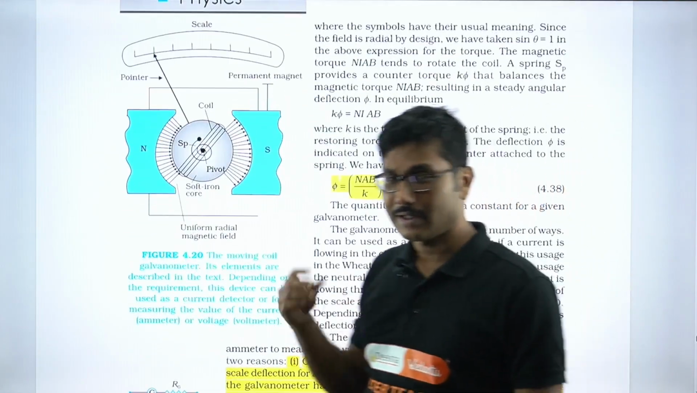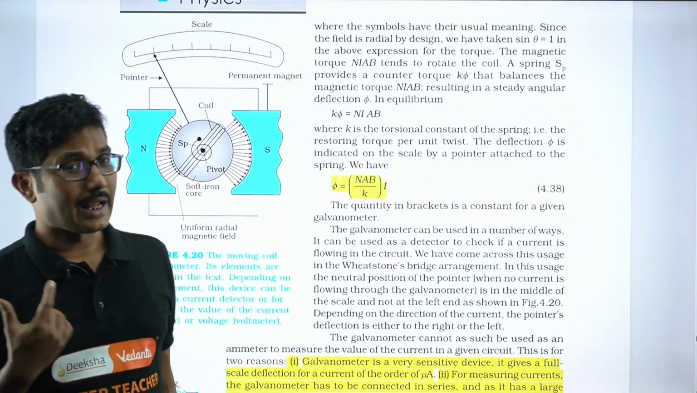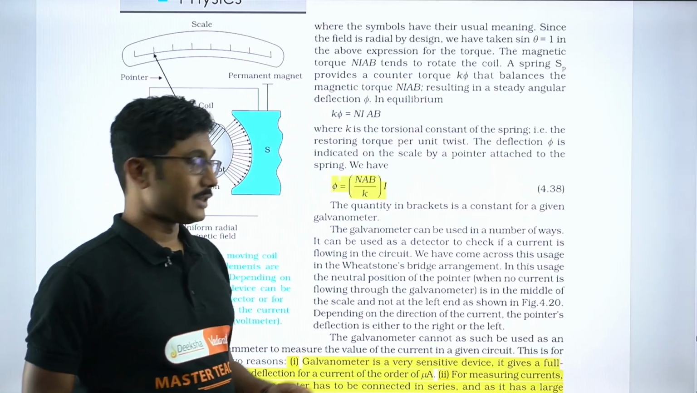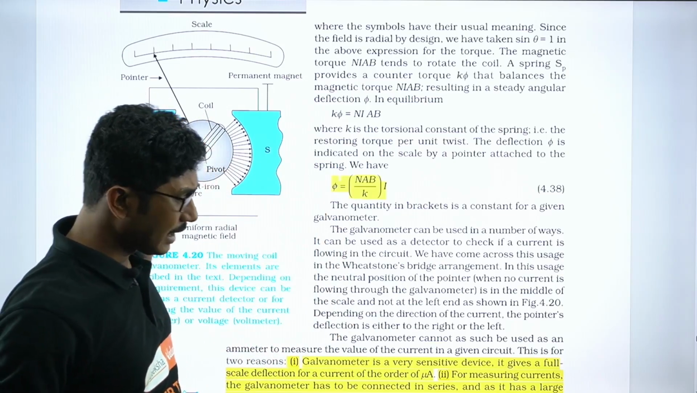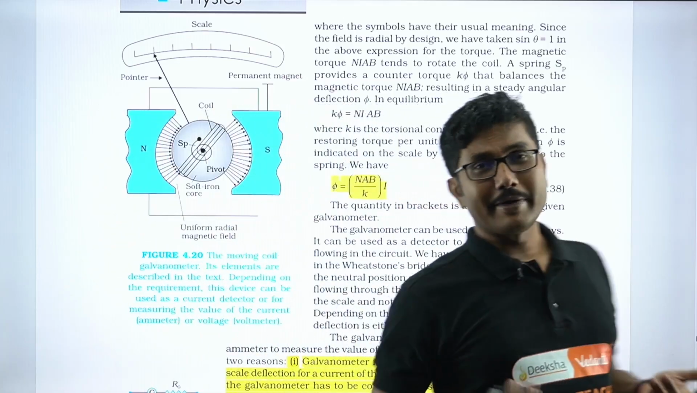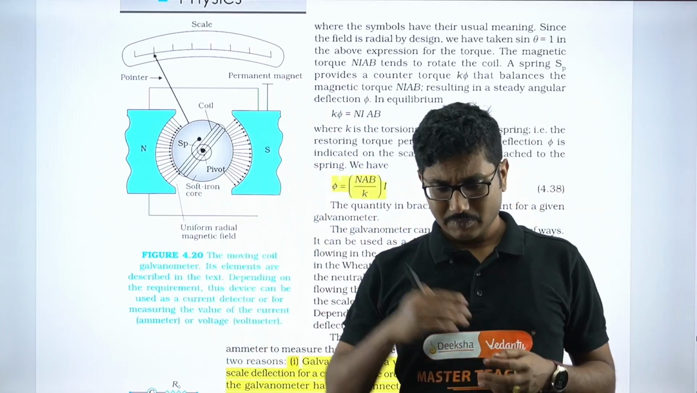Okay, you should know that a current carrying loop can behave as a magnetic dipole for objective purposes, obviously. Now this is the formula for moving coil galvanometer. What is a galvanometer? So we know that when a current flows in a